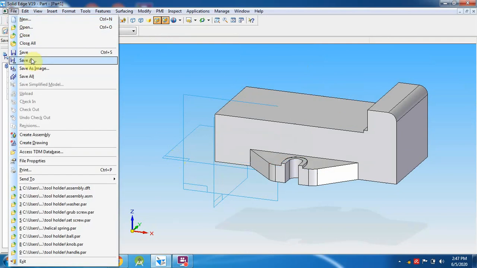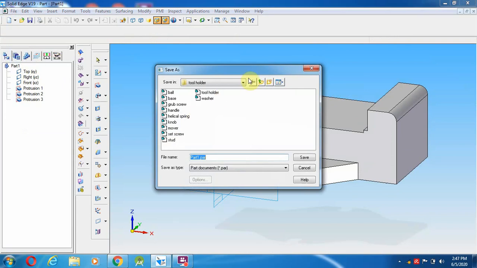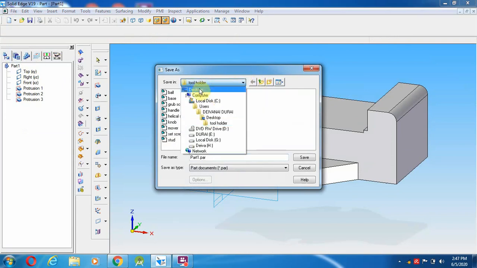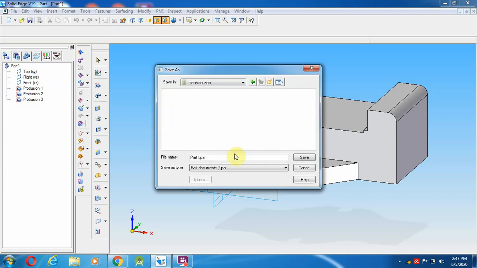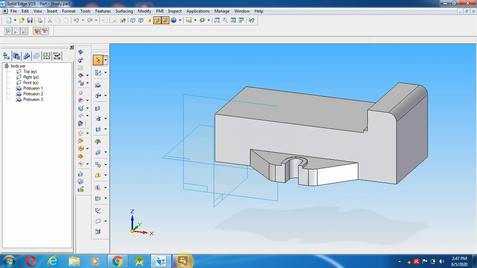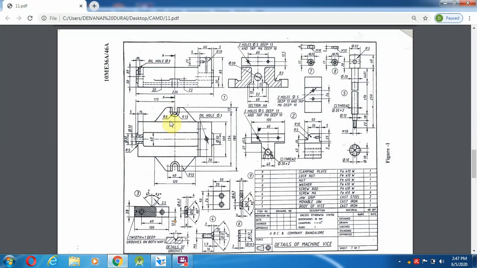So we can save this one machine wise. So go to the desktop. I'm going to make the folder machine wise, give OK, and body, body, and I'm going to save that one. So after drawing these things, almost the major thing is over, and what are all the other things, like the middle cutout and here that 5 mm. Okay, so those things we can complete first. Whatever protrusion is coming, we can finish it up now.